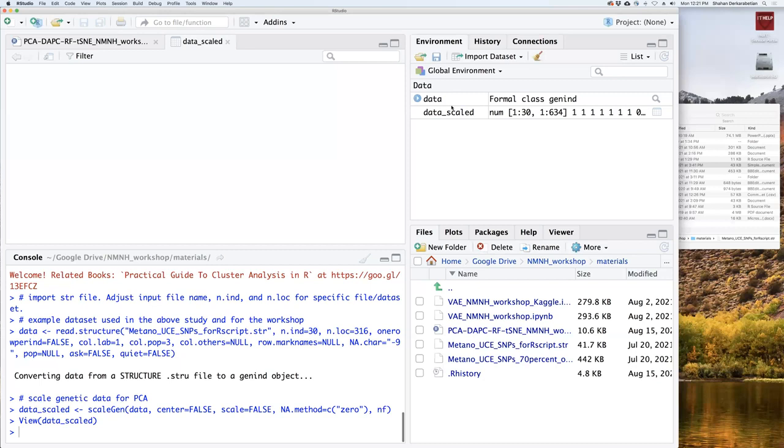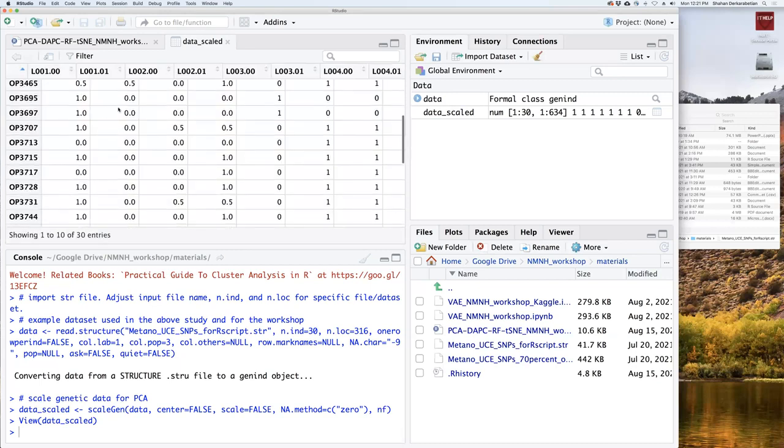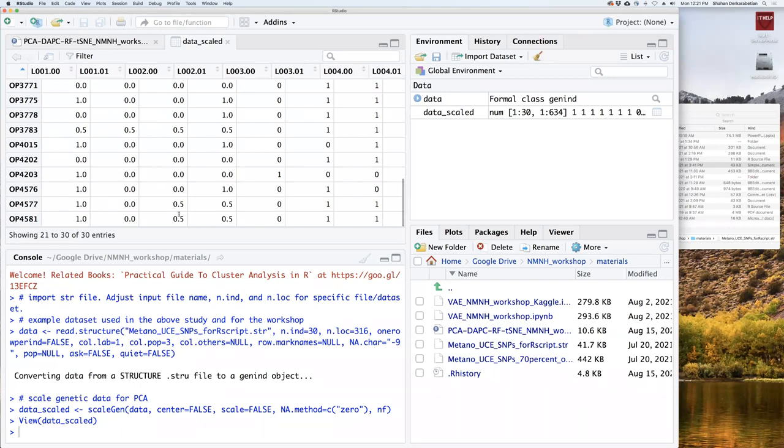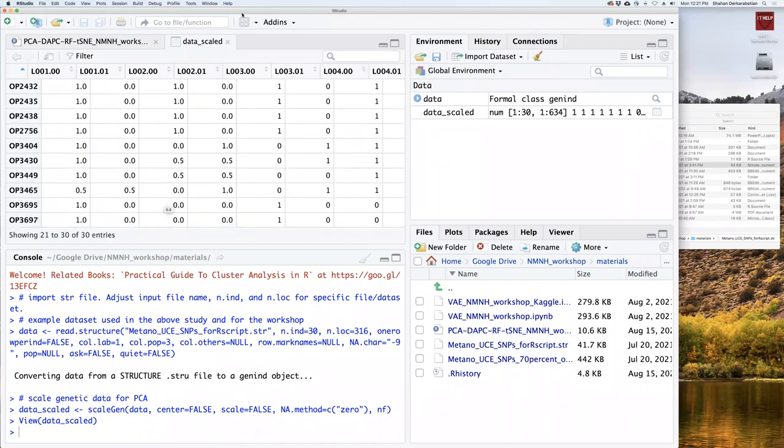You can click on that and we can view the data set once it loads. You can see, for example, that the heterozygous site I pointed out earlier is now a 0.5. This is kind of what that step does. It makes it easier for principal components analysis to work, and it also changes from 2 lines per sample to 1 line.